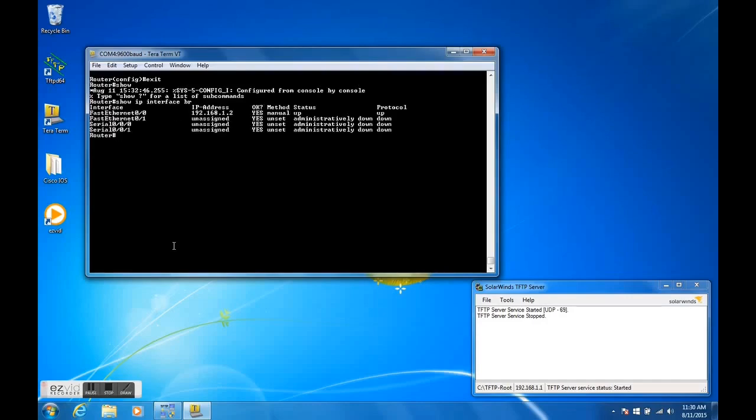Let's just take a look, make sure that our interface is up, because before we get started, we don't want to run into a problem where things are not working. So we're just going to verify some things. IP interface brief shows us that the interface is up,